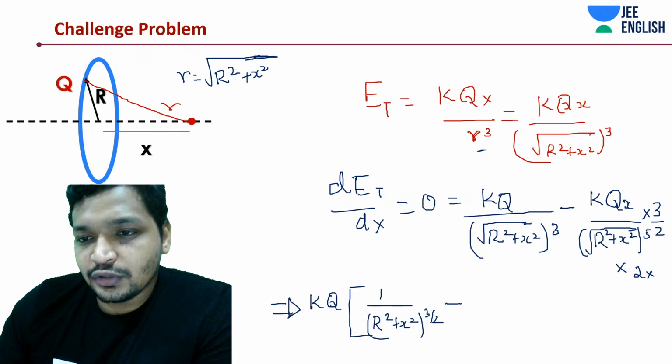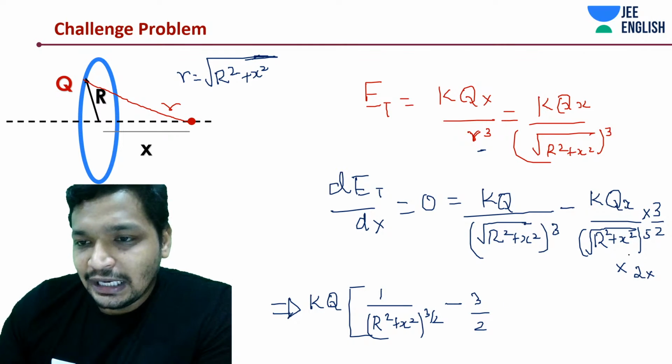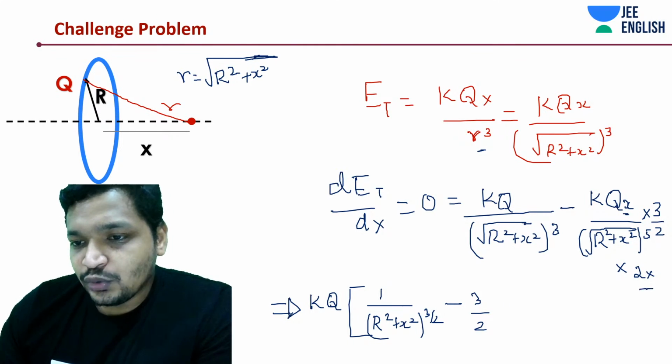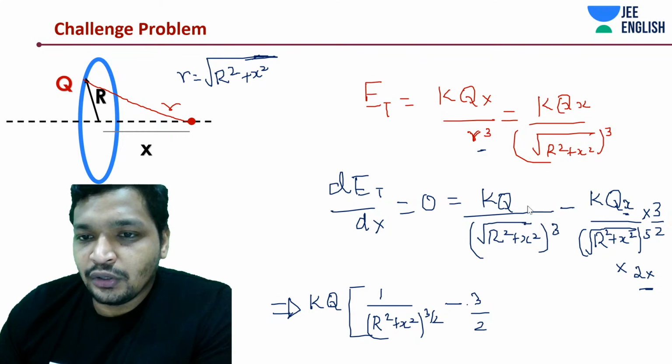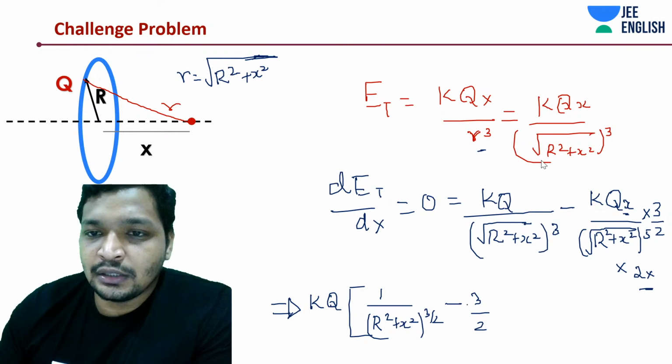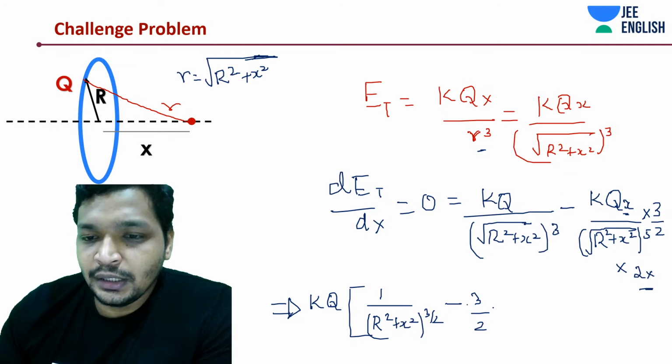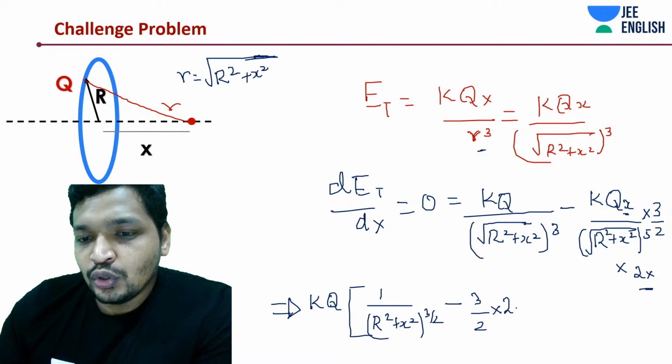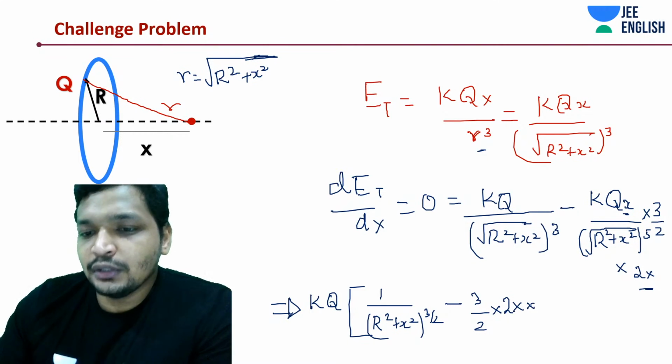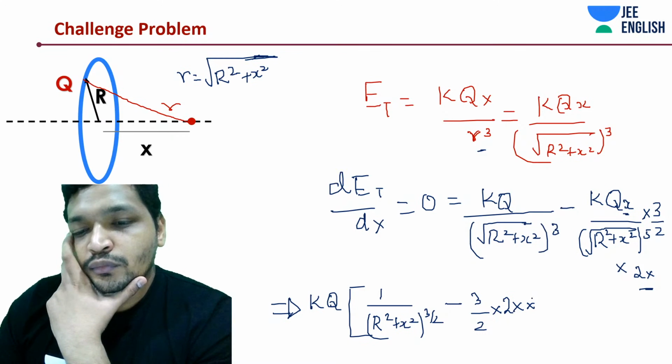I think now this gives you better clarity. Minus 3 by 2, and this x and this 2x will get multiplied, so I need not have even written this 2. Let's cancel it out later. This is going to be 2x into